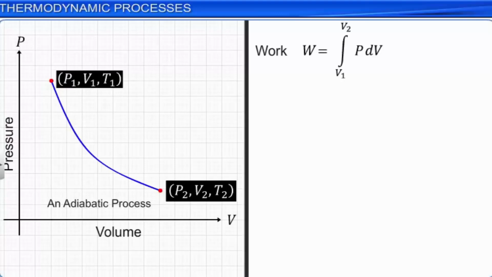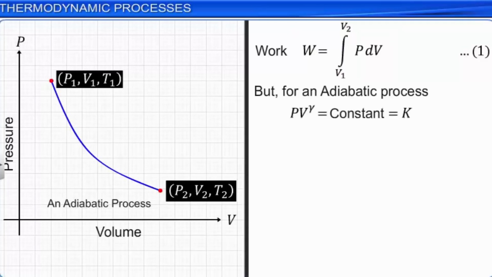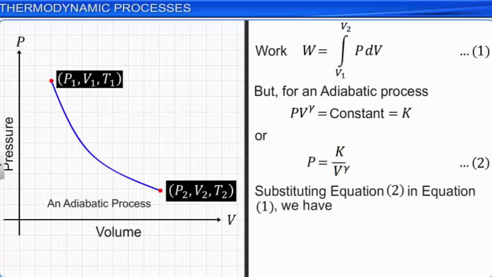But for an adiabatic process, PV to the power of gamma is a constant. Let the constant be K. This can also be written as P is equal to K divided by V to the power of gamma. Let this be equation 2. Substituting equation 2 in equation 1, we have W is equal to integral V1 to V2 K by V to the power of gamma dV,